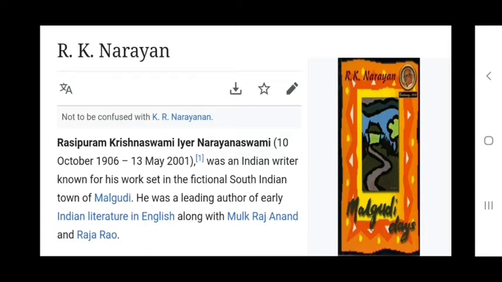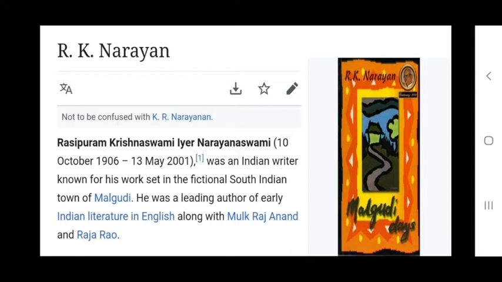So you can see the picture of Malgudi Days. It's another beautiful fictional book of short stories, which was basically set in a town called Malgudi, and it's fictional. It's not a real one. It's a fictional South Indian town, Malgudi, and this particular story, Father's Help, has been taken from this book. So he was born in 1906 and died in 2001, and he was an Indian writer known for his